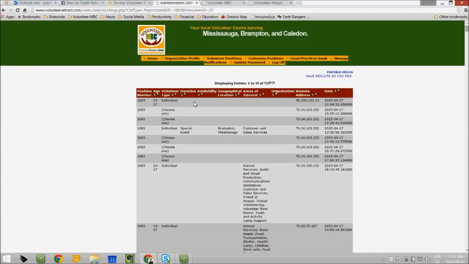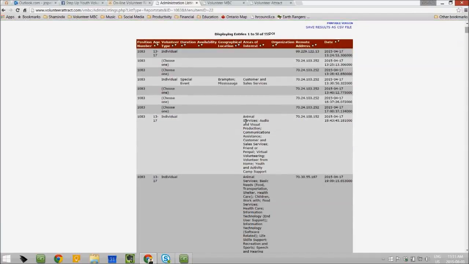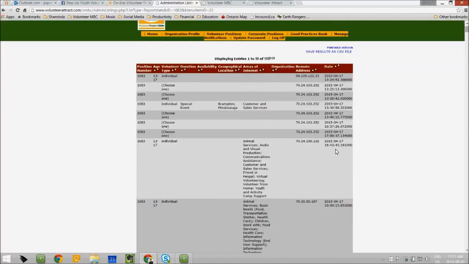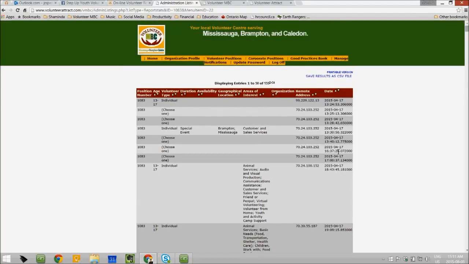And if I move a little further towards the center, you can see the areas of interest. That shows the person who has been searching for your volunteer position or who has clicked on your volunteer position have also searched for these particular additional areas of interest. Now, you could use this feature to understand who is this volunteer or who are the volunteers, the trends of volunteer movements, who is looking at your particular volunteer position.